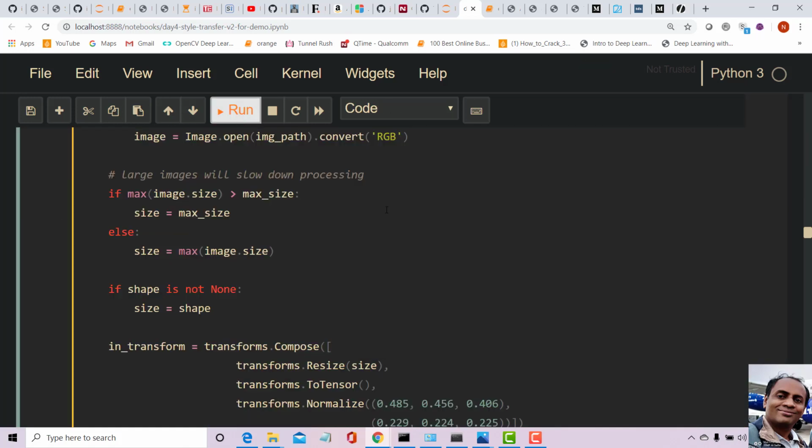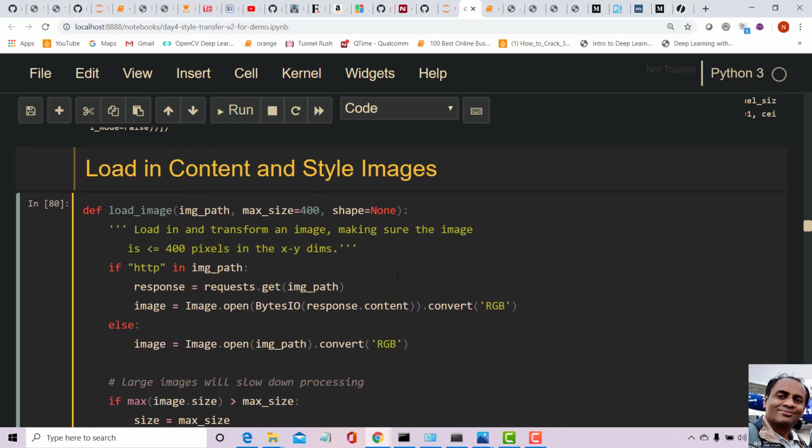Okay, so here I have written a small function to load the images. All you need to do is, actually you don't need to do this part of it. This is only if you are loading the image from an HTTP path. You just need Image.open. It opens the image at the image path and converts it to RGB.